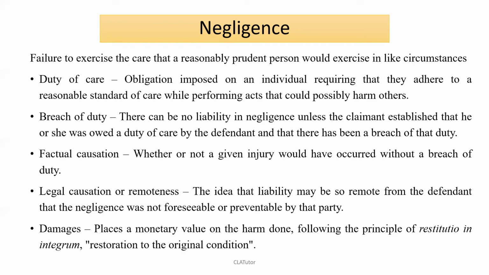The aspect of causation also includes within it the aspect of remoteness, which means that if something is so remote that it could not have been foreseen by the accused, then it does not amount to a legal injury or negligence. For example, if a person shoots another person in the head and a third person who is looking at the situation from a terrace dies out of shock, this third injury is considered to be so remote that it could not have been foreseen by the accused and hence does not amount to negligence.